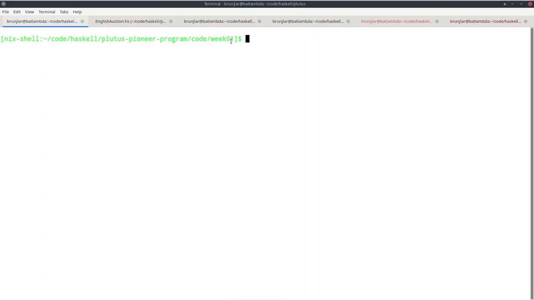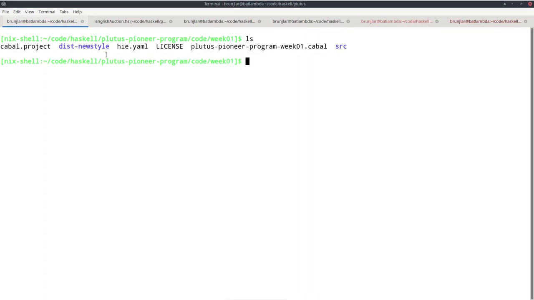And in order to build this, the most reliable way is to use Nix. And for that, we need the right dependency of the Plutus repository. And that one is mentioned in the Cabal project file. So we see here in this folder, there's this Cabal project file. And if we look at that,